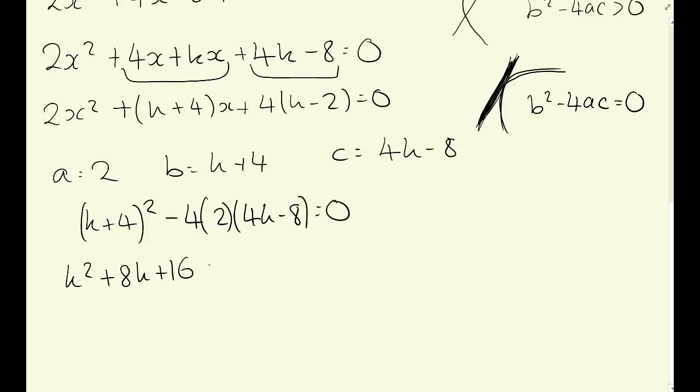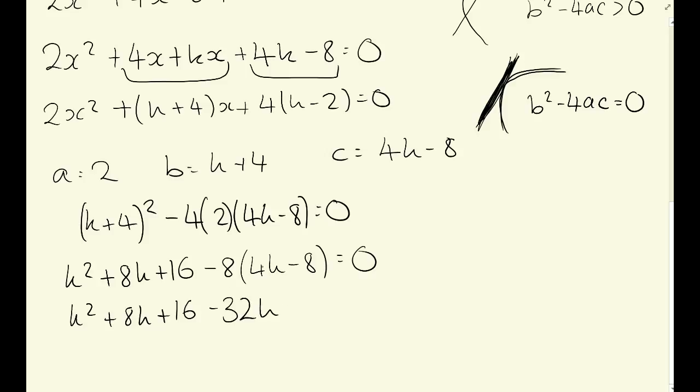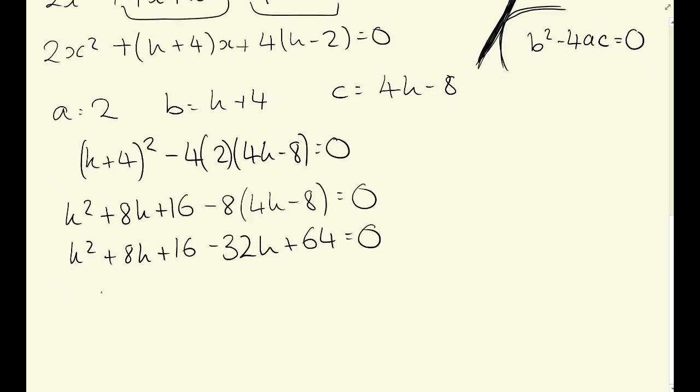This second one I'm going to take my time with, so I've got minus 8, 4 times 2, 4k minus 8 equals 0. k squared plus 8k plus 16, and 8 times 4 is 32k, and plus 64 equals 0. So tidying this up, I get k squared, that's going to be 8 minus, so minus 24k, and plus 80